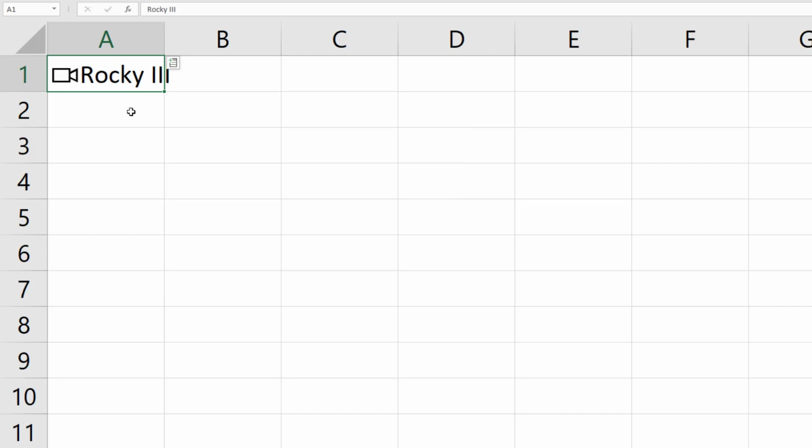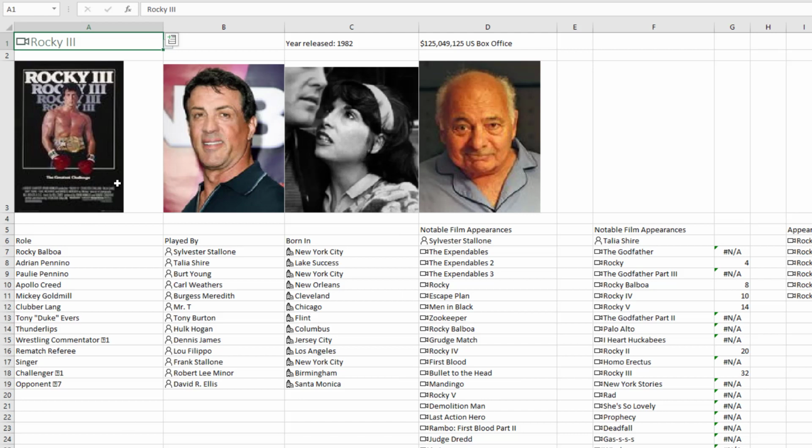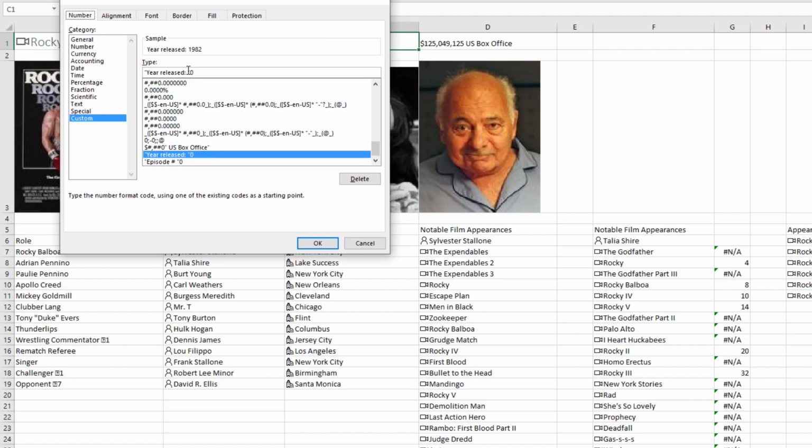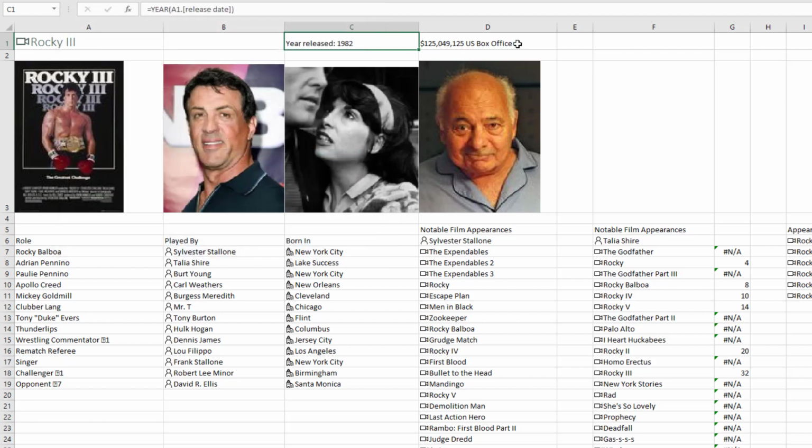But for me, it's not that card. The card is cool. I want something a bit more permanent than that. All right, so you can build these beautiful dashboards. So here I have Rocky 3, and rather than click on the card, I'm going to use a formula like =A1.ReleaseDate. And I formatted that in the YEAR function, so these formulas work just like every other Excel formula. You can nest them inside other formulas. And then here, U.S. box office total receipts, so I can see that. Now I wanted to have labels there, so I used a cool trick in Excel. I went into Format Cells and created a custom type that had the label in quotes and then a 0. And I did the same thing over here for US box office.